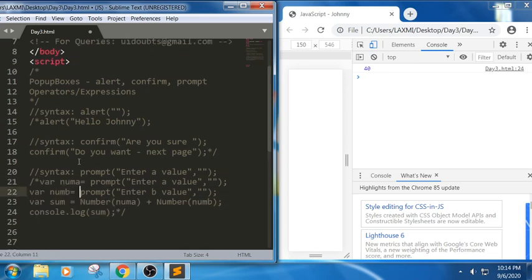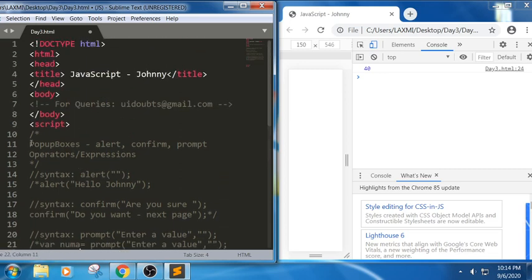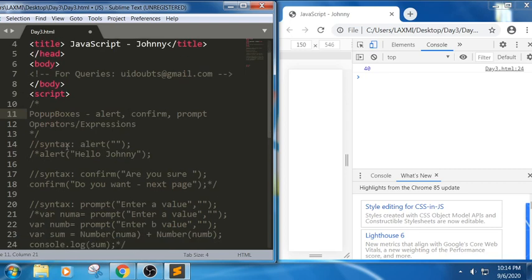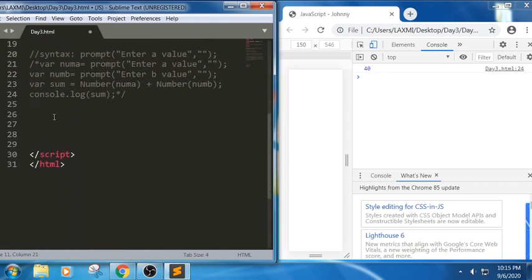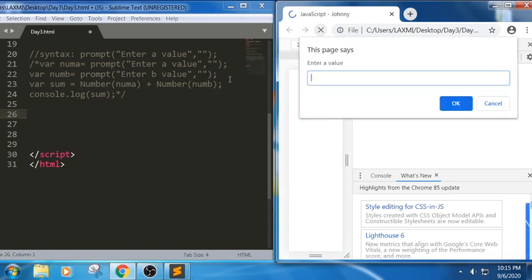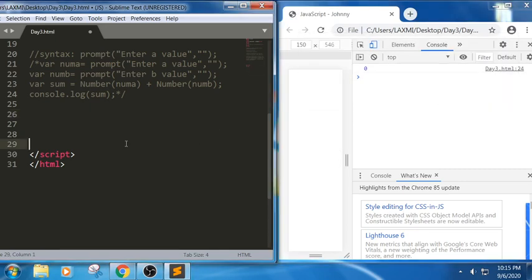So this is how we are done with the first part, that is pop-up boxes. Now let us look into the examples of operators and expressions. Generally you might have heard about all the operators and operations in all the programming languages like unary, arithmetic, logical, and or all these things. But in this JavaScript session, it will not be like this. We will try to make sure that it would be more interactive, so that you can understand what we have written. So let me save this.